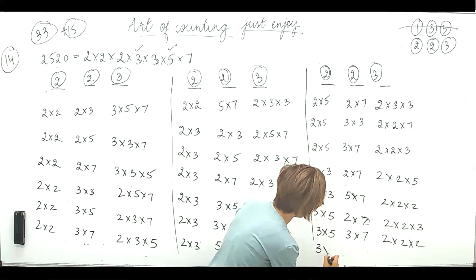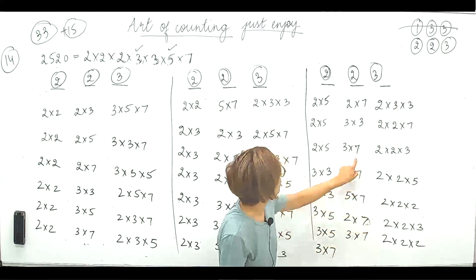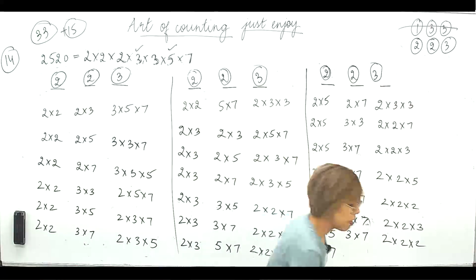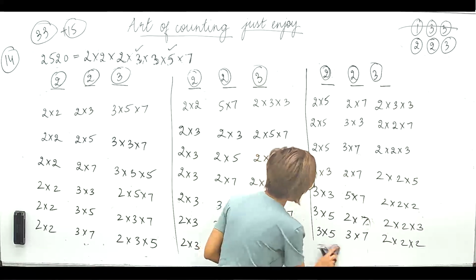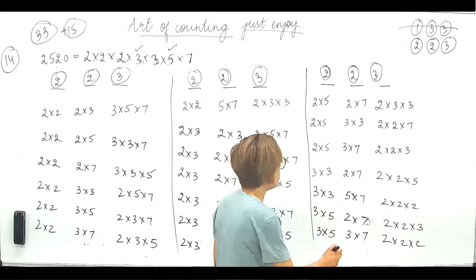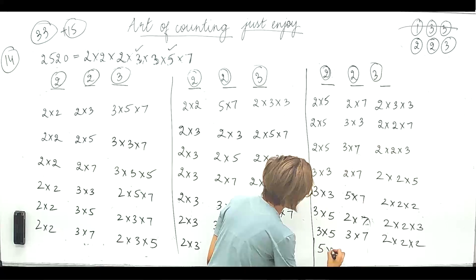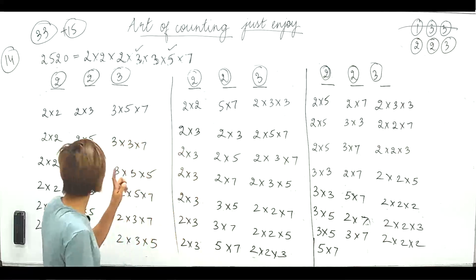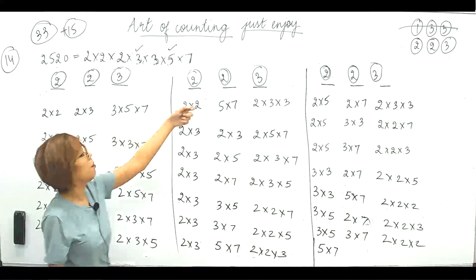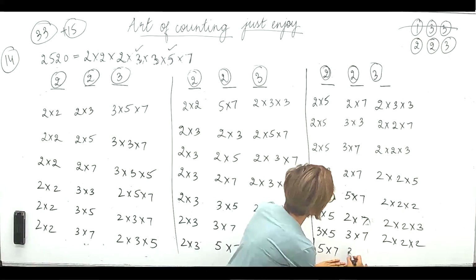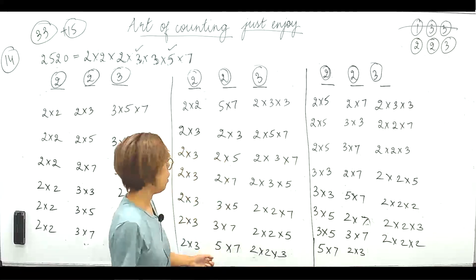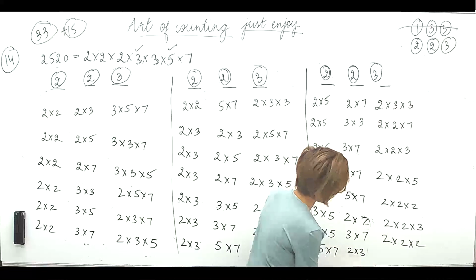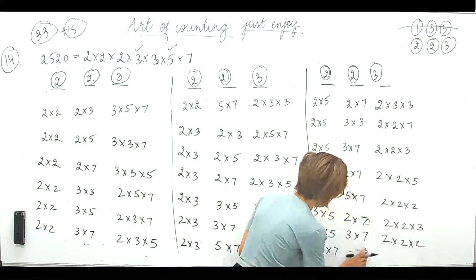3 into 7 अगर मैं लूंगी तो ऑलरेडी वो यहाँ सब में कवर ओवर हो जाएगा, hopefully, provided I have not missed some cases. Right? So 3 into 7 is done. So last but not the least जो मेरे पास बच जाएगा, that is 5 into 7. Now let's see. 5 into 7 के साथ 2 into 2 लूं? नहीं, ऑलरेडी ले चुके हूँ. तो 5 into 7 के साथ 2 into 3 ऑलरेडी ले चुके हूँ. परफेक्ट. एंड 2 into 5 ले नहीं सकते, 2 into 7 भी नहीं ले सकते, तो ये तो खत्म हो गया. 2 वाले इज डन.